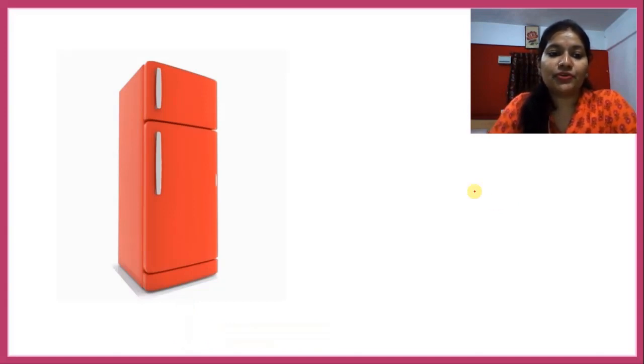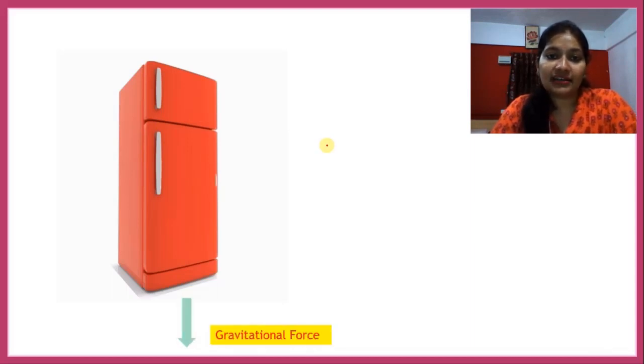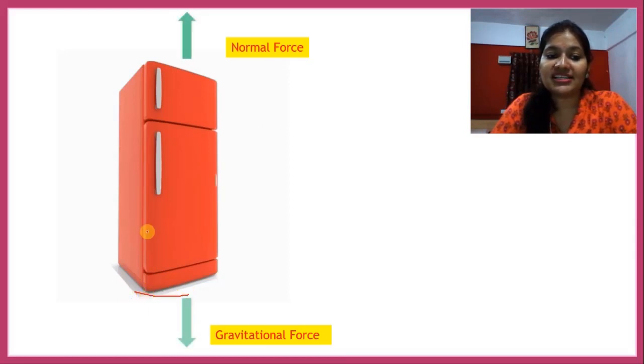Suppose a fridge is kept in a drawing room, and the fridge is in a stationary position. So what are the different forces which will be acting on the refrigerator? First one, gravitational force acting towards the center of the earth. Second, normal force acting in the upper direction. Again it is a type of contact force. सो कॉन्टेक्ट सरफेस क्या है यहाँ पर, फ्रिज का सरफेस और ग्राउंड का सरफेस. ये कॉन्टेक्ट सरफेस है, इसके परपेंडिकुलर कौन सा फोर्स एक्ट करेगा, नॉर्मल फोर्स.